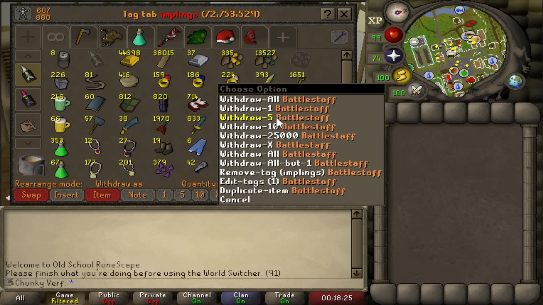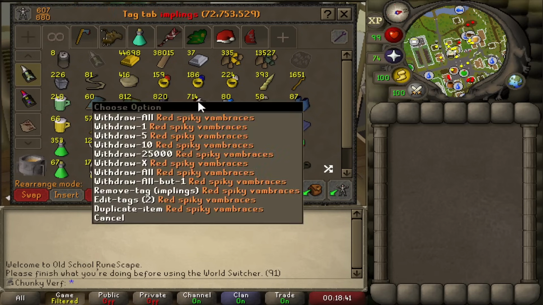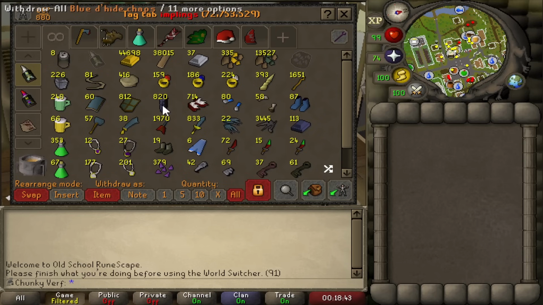Yeah, like I said, 500 battle staves from Galactics. And I think these items are banked, because I banked 2,000 Galactic imps at one point and opened them and kept all the loot. So there's some more random items here. A lot of items from...